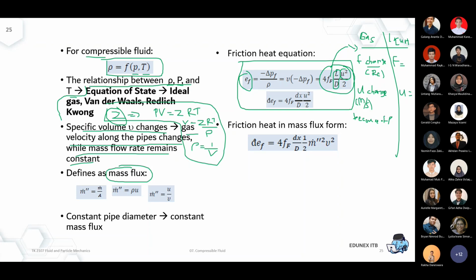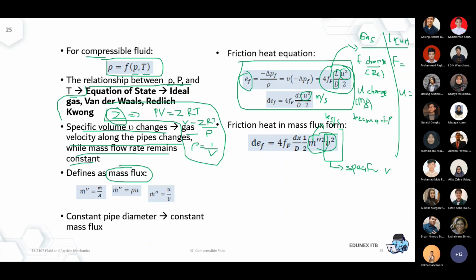So a better way to express it, to be more consistent, is to convert the U1, which is meter per second, into this expression, because this is a kilogram per second. The problem is you still end up with specific volume, and that specific volume changes a lot for a gas system. So it helps, but it doesn't solve the equation to become very simple.